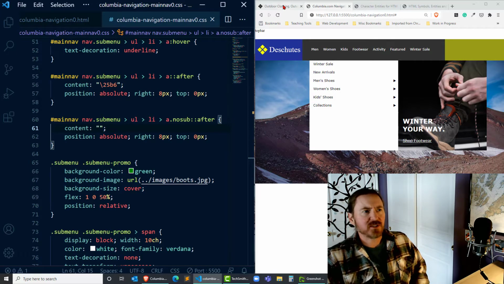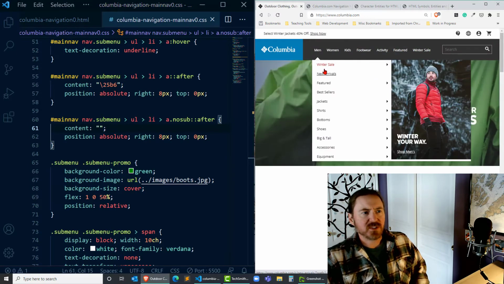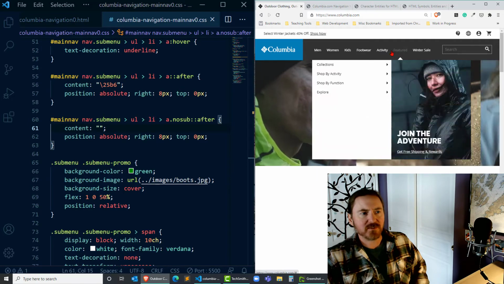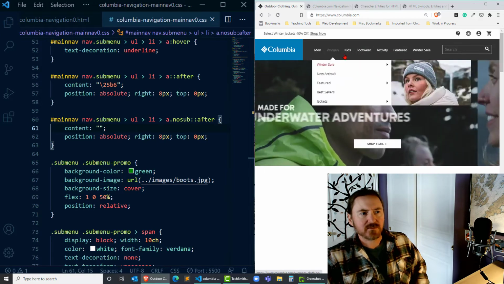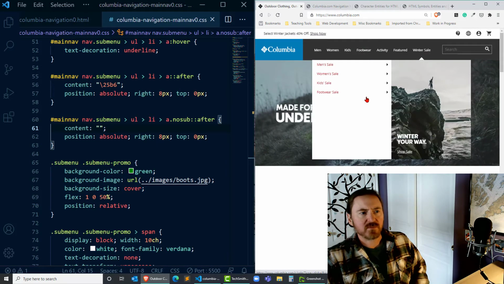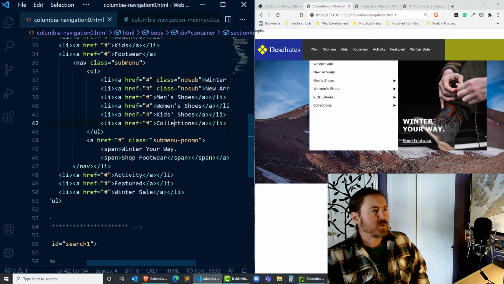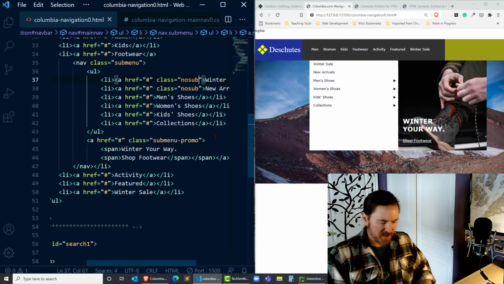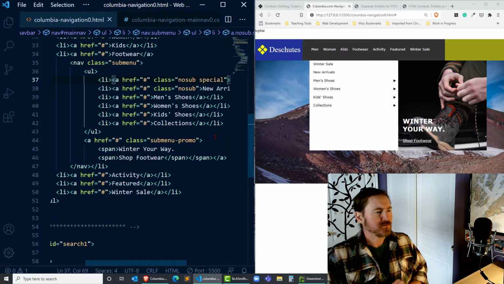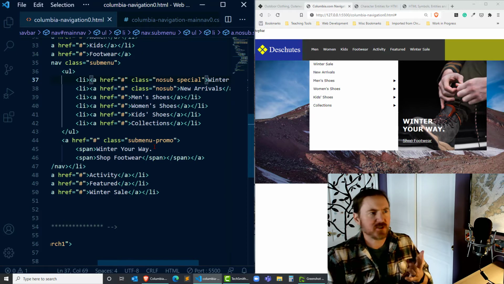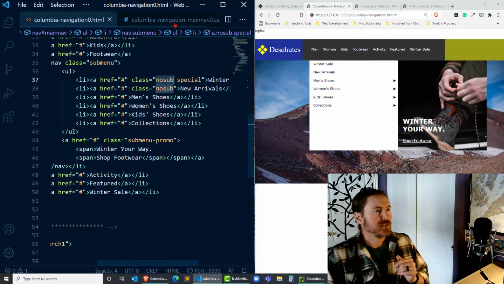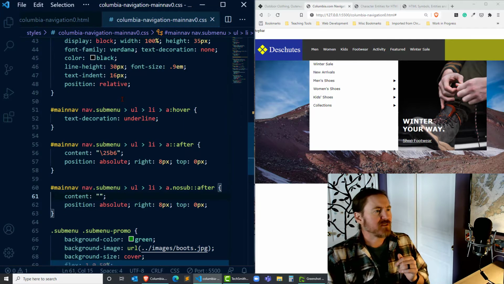That's good. Now I also noticed too, winter sale, occasionally these menu items are going to have some red submenu items in there. So let's account for that too. Winter sale is going to have two classes, no sub, and it's going to have special. So if you're going to apply more than one class, no big deal. You just put in the classes separated by a space. That's easy enough. And then we just have to make sure